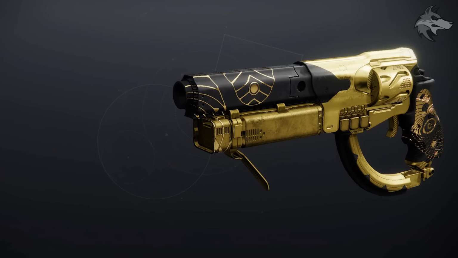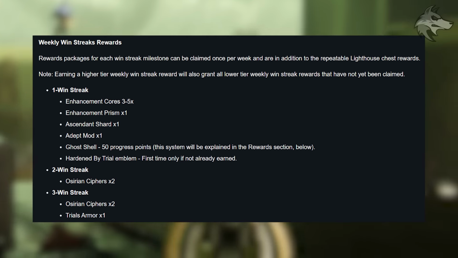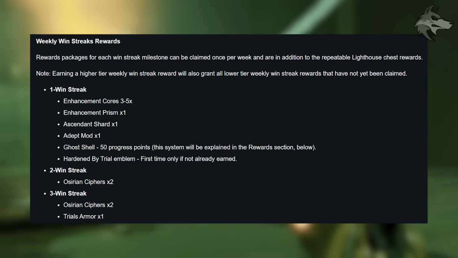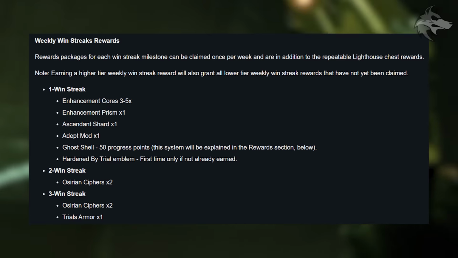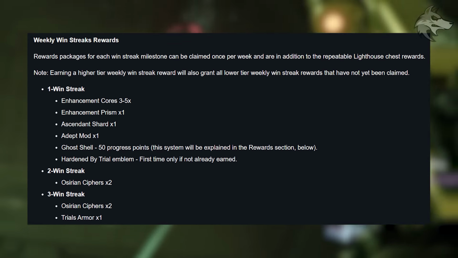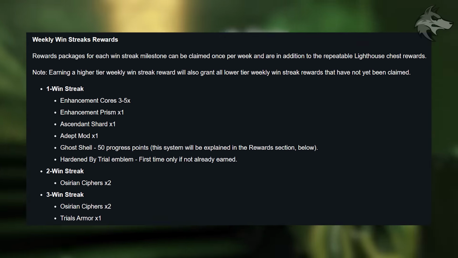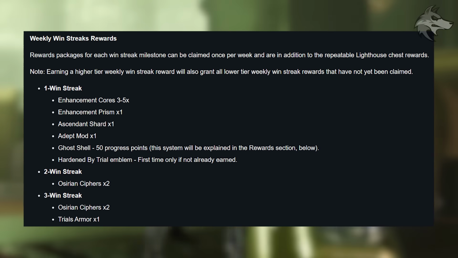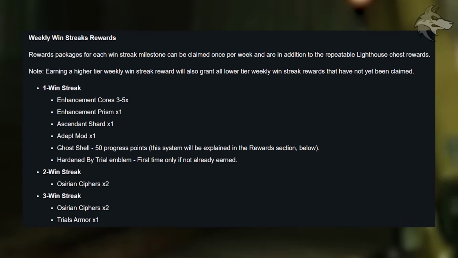Then for the weekly win streak rewards, at a 1 win streak, there'll be materials, as you can see on top, also an Adept mod, and 50 progress points towards the exotic Ghost Shell for Trials, as well as the Trials emblem, which is called Hardened by Trial, and we can see a preview of that here. But a 2 win streak will grant Osirian Ciphers, and a 3 win streak will grant the Ciphers and Trials